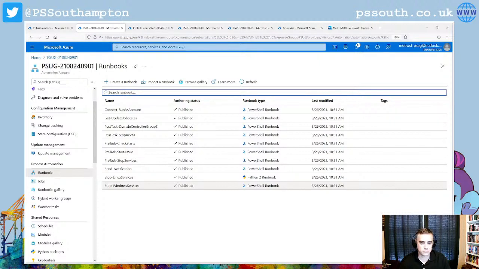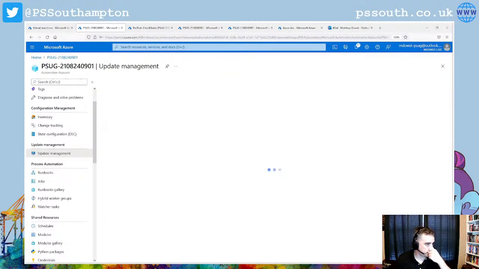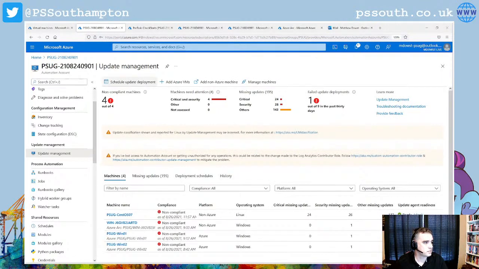There's nothing, well, I'll take that back. There is one thing different. You cannot have Write-Host in anything. Other than that, it is pretty much copy and paste straight in there. If you have anything Write-Host, you've got to change it to Write-Output, because there is no host when it runs. But so then all the Update Management, when you come into here,